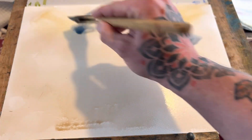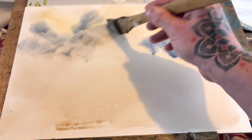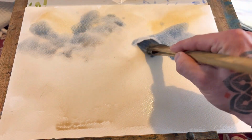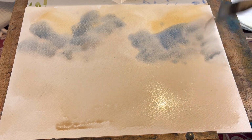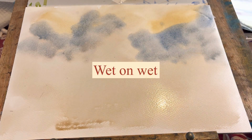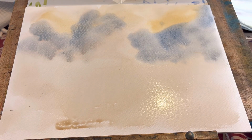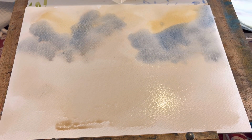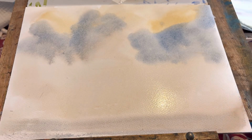And you can see, not painting anything too detailed, just going in and just moving this pigment around a little bit. You can see how nice it is, obviously wet on wet, the wet pigment on the wet surface of the paper. So it's really nice to do these